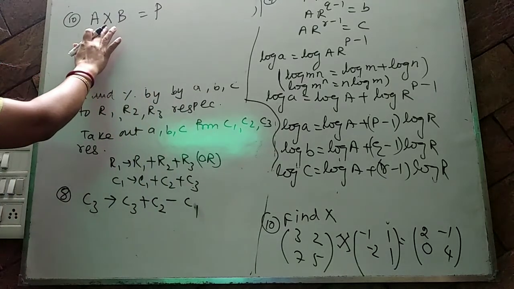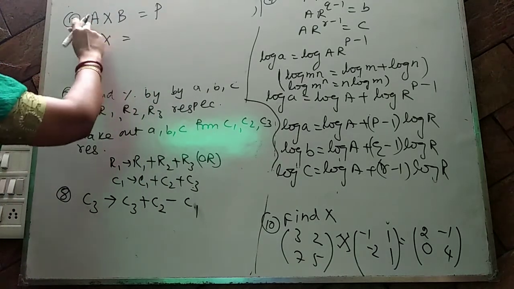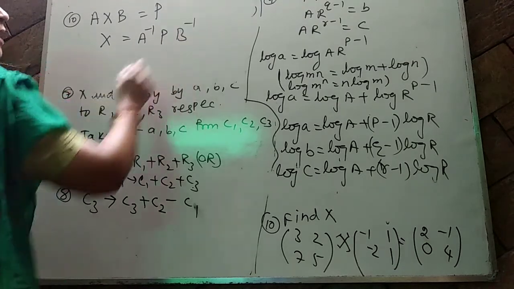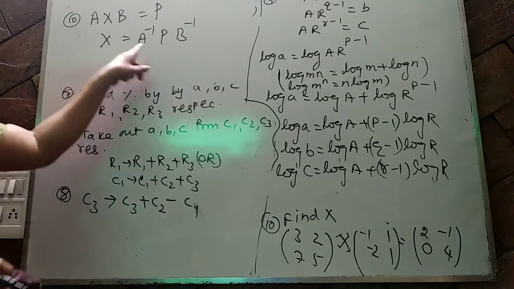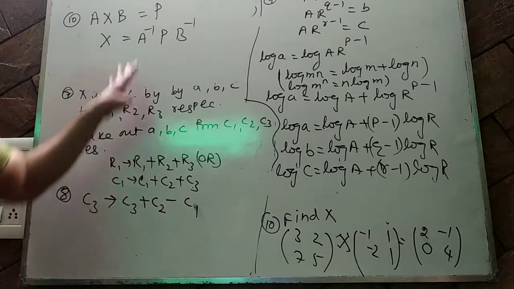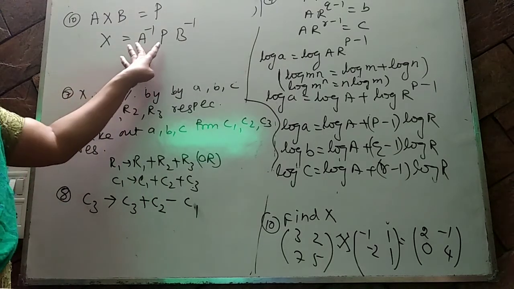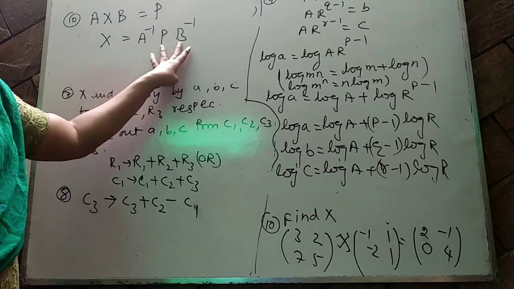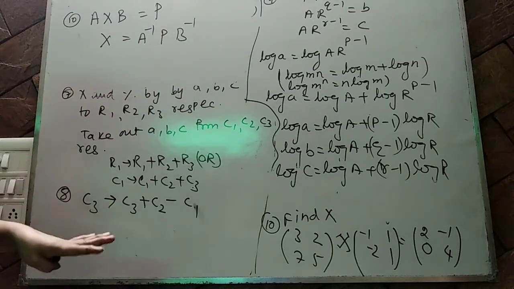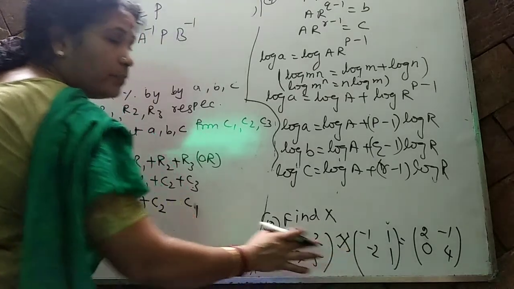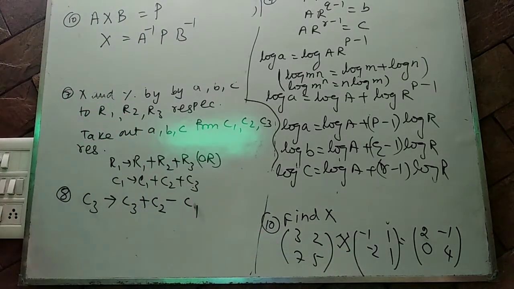Now we have to find X matrix, then X matrix equal to A goes to that side, A inverse P into B inverse. A inverse, you know how to find by the shortcut method, 1 by determinant of A into adjoint of A, interchanging main diagonal change. So find A inverse, B inverse. First you multiply A inverse into P, then whatever result you get, multiply by this. This is the procedure. Are you clear? So you cannot take ABCD here, don't take ABCD. So using the inverse method you have to do.